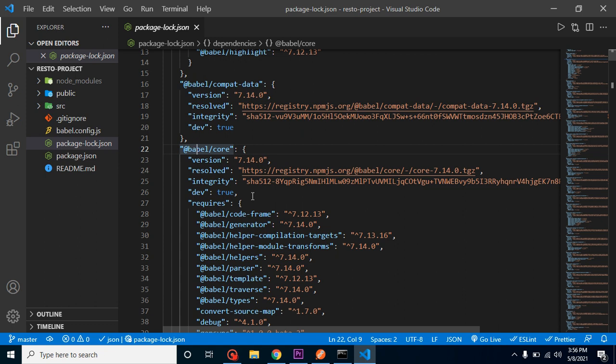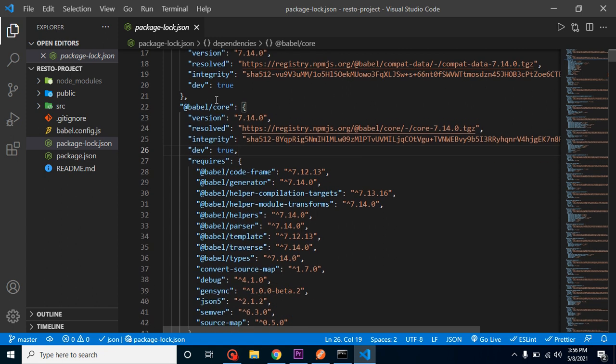But this package has many dependencies, right? It depends on code frame, generator, helpers, types, traverse, template, etc., right? So all these versions and details are provided in package-lock.json.